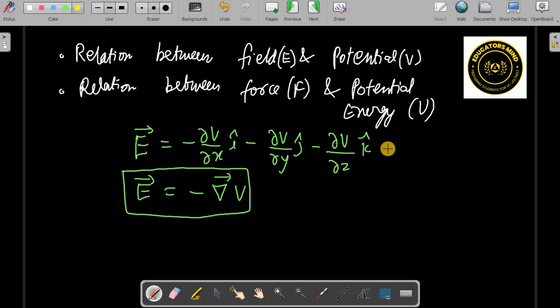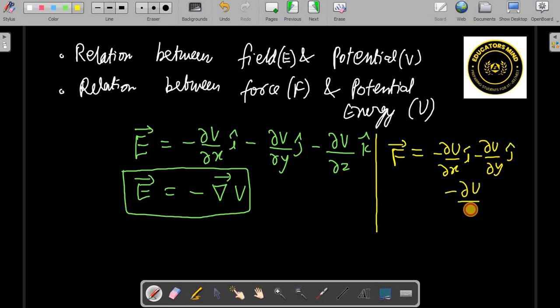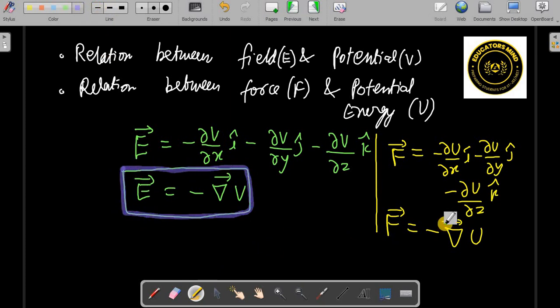And exactly the same way is the relation between force and energy. Force is equal to minus ∂U/∂x i cap minus ∂U/∂y j cap minus ∂U/∂z k cap. And this force vector can also be written as minus del vector of U. Okay, so we need to understand one important thing here: what partial differentiation means and how to